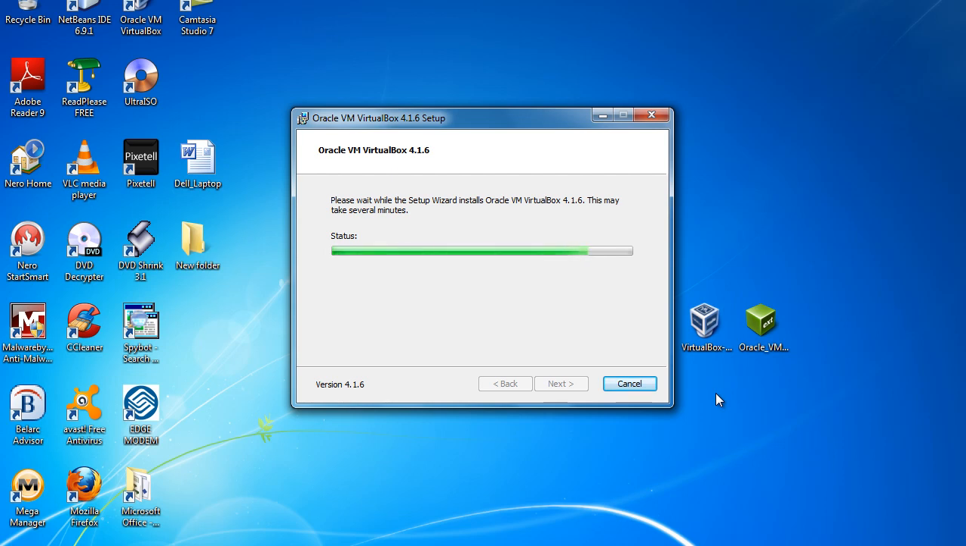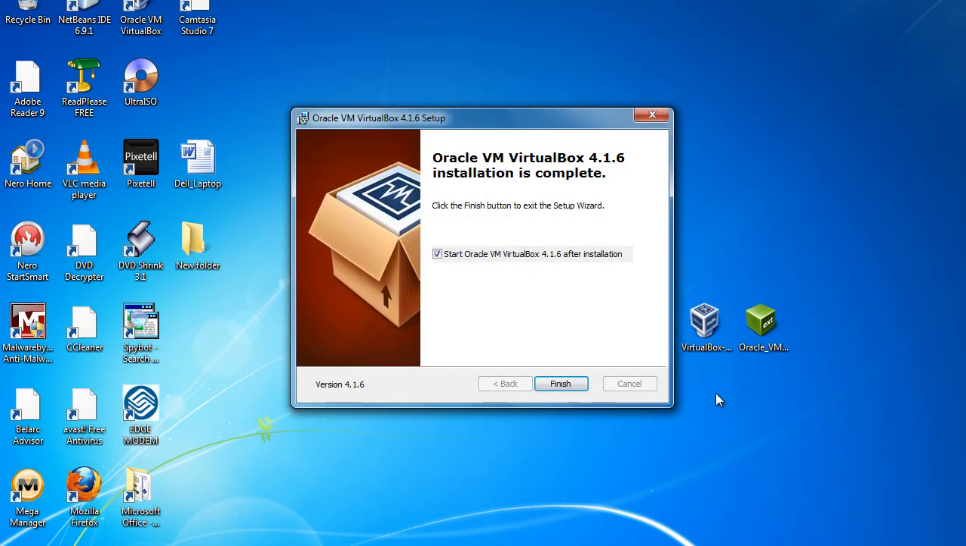So I'm just going to wait for the installation process to complete, and I'm going to jump back in when necessary. And there it is, it's completed. When I click on finish, the option selected here is to start the VirtualBox application immediately. I don't want to do that. I deselect that. I click finish